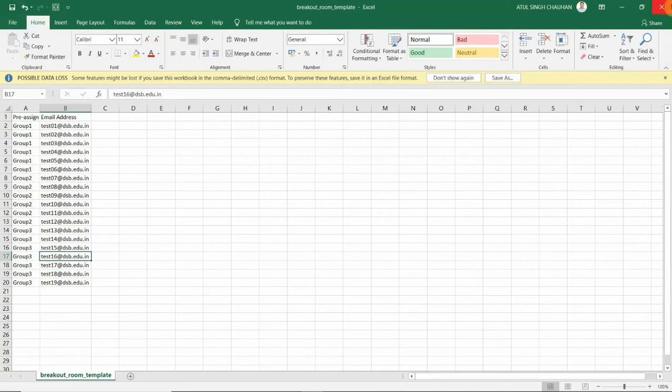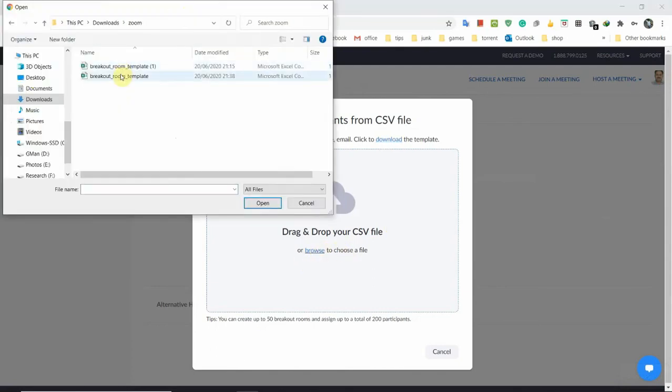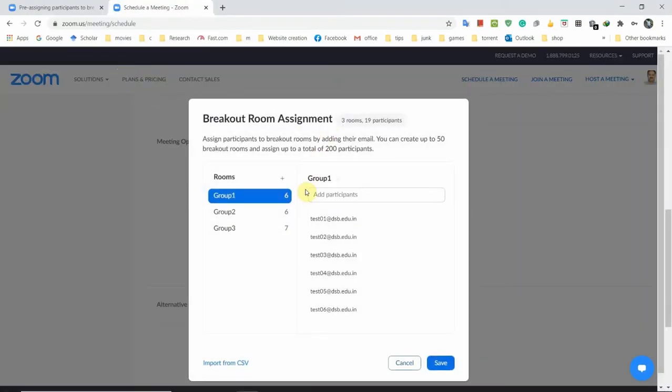Now save the file. Again go to the tab, browse and choose the saved file, or you could have named it as per your requirement. As now you have seen, there were a total of 19 test email IDs in 3 groups, where group 1 contains 6 students, group 2 again 6 and group 3 7.